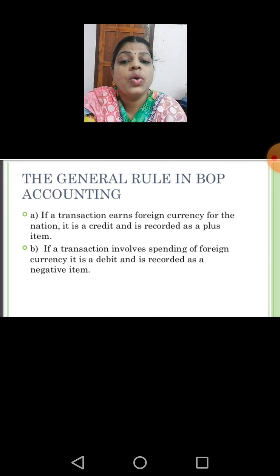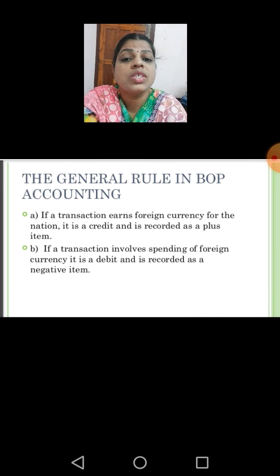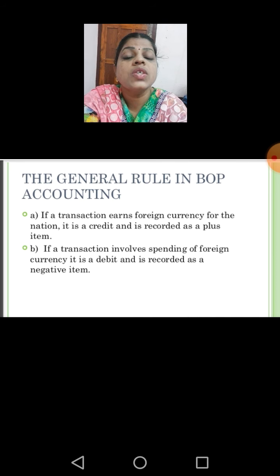So I told you that other countries also, for various purposes, have to rely upon our country's goods and services. So for that, they have to import some commodities from our country. And for such commodities, they will make payments also. So such payments are recorded in the BOP as a credit, because they are all earnings for our goods and services made to the other country.